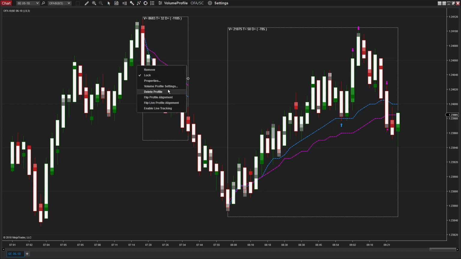I'm going to remove this profile. And I want to talk a little bit about why this trade makes sense, because now that we can see more on the chart, it really doesn't look like a big swing, does it? It just looks like we're stuck in a range. And that's what's interesting about the swing